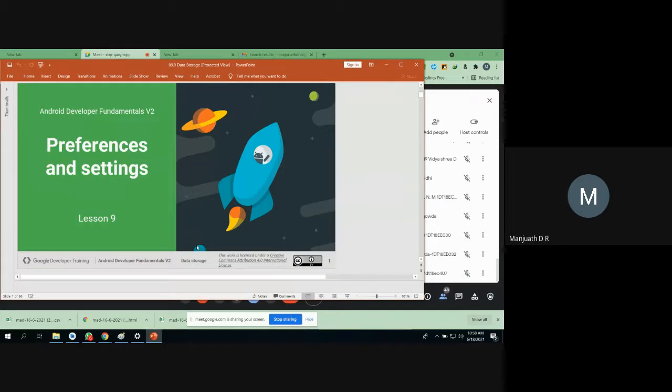One is if the application is completely private to you, then you don't need to save the data in the server. You are the only sole user using your mobile phone and the data is completely private to you. Then you can utilize your mobile phone storage space to store the data, and whenever you need, you can access it and process it. Likewise, if many people are trying to access your data, then of course, if you store it in your private space, it is not accessible to others, right?